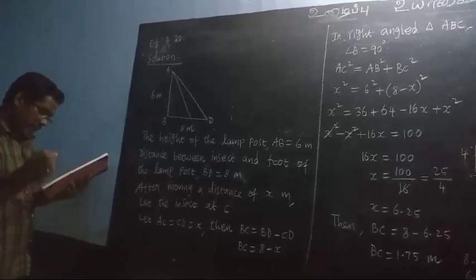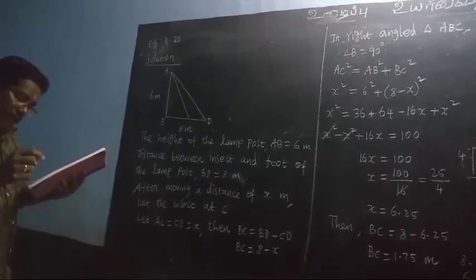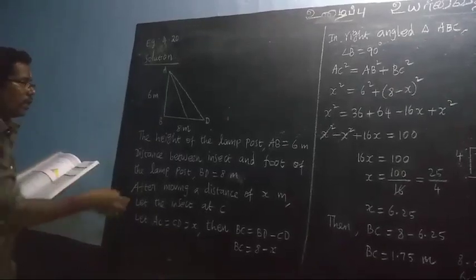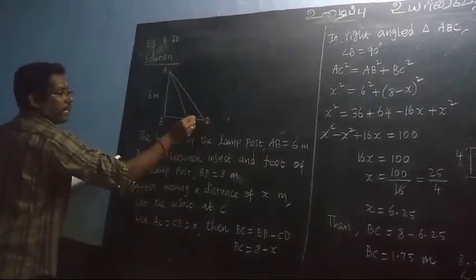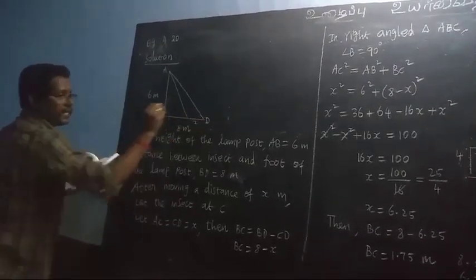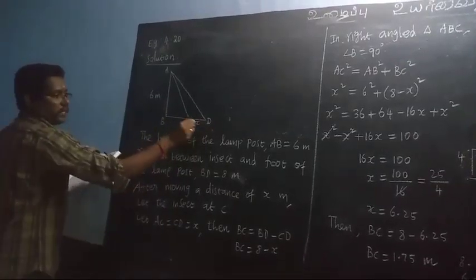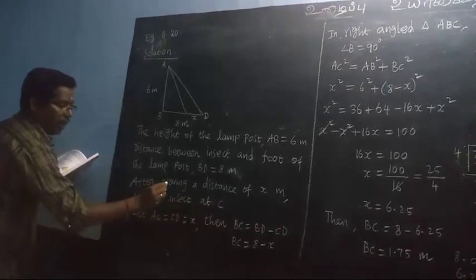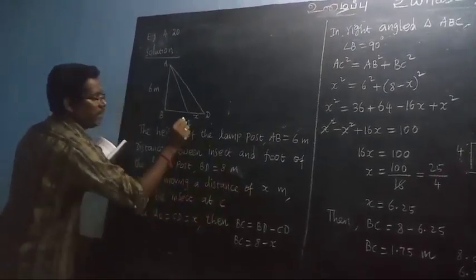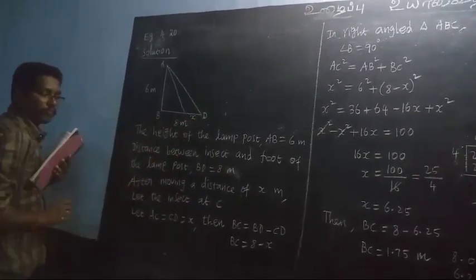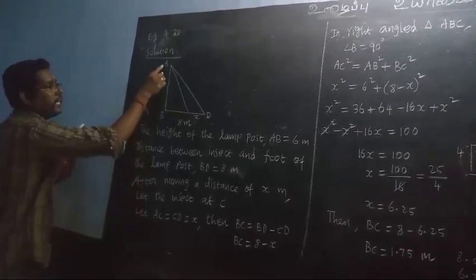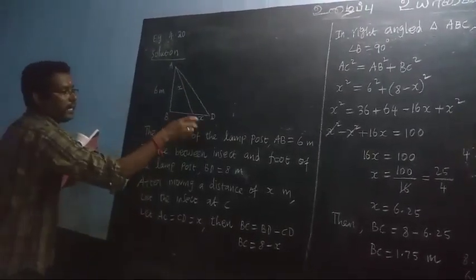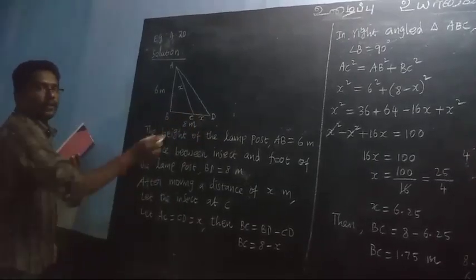After moving a distance of x meters, let the insect be at C. D is the insect's initial place. After moving, C is the insect's place. The distance is x. Here, let the insect be at C. Distance of x meters. This is x meters. Therefore, let AC and CD, that is C place, AC and CD,